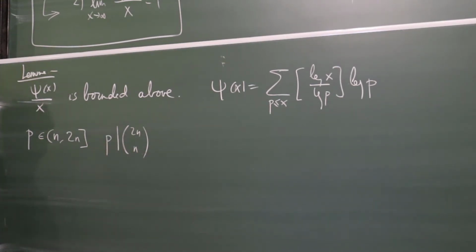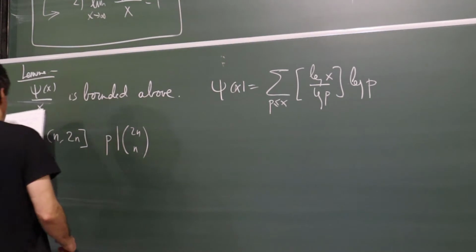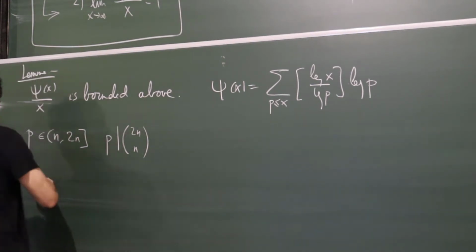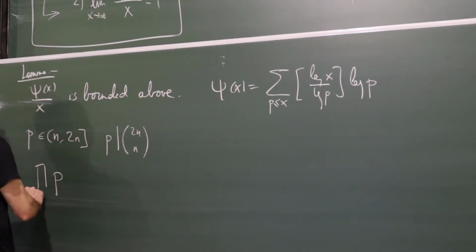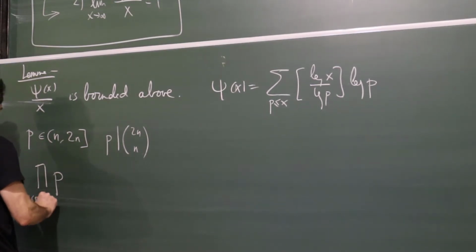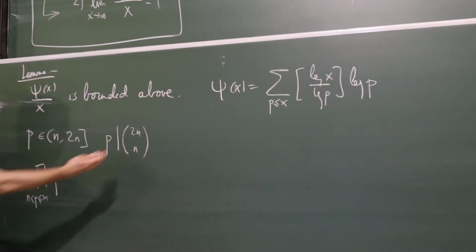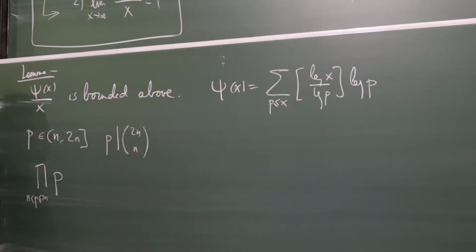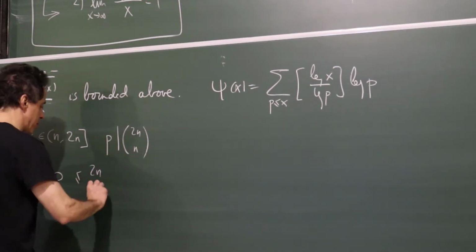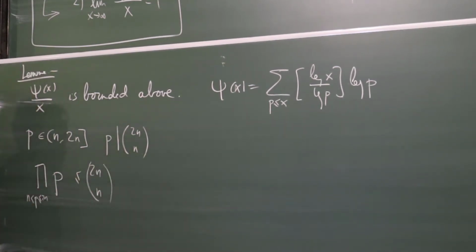So in fact the product of all prime numbers between n and 2n must divide this number, 2n over n,